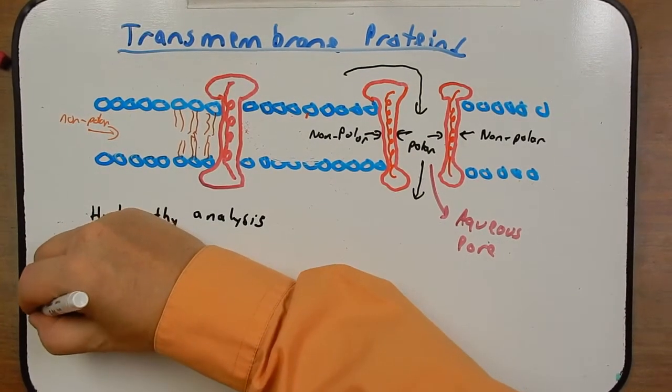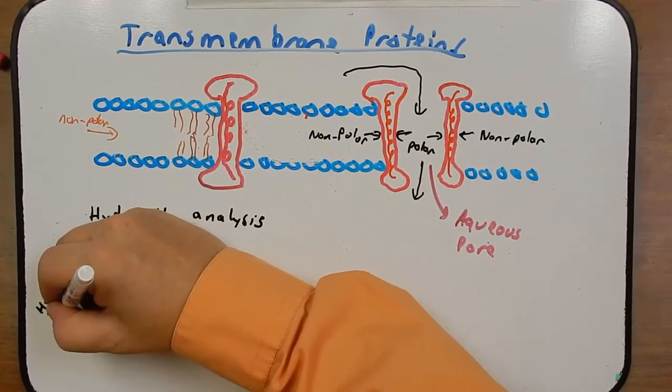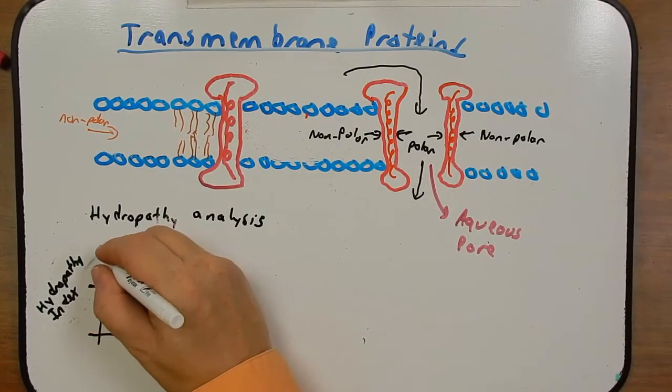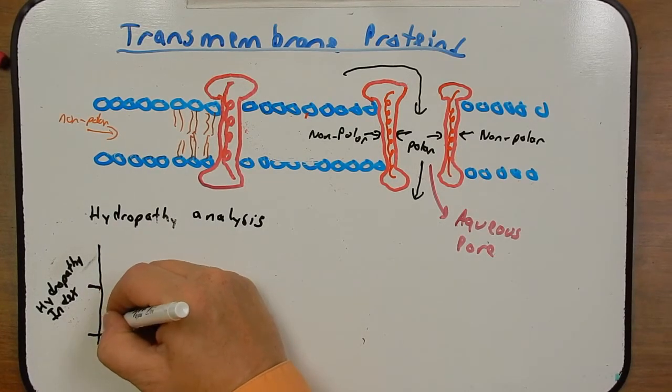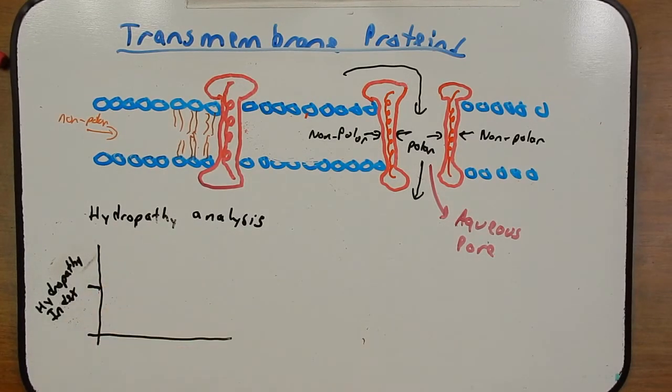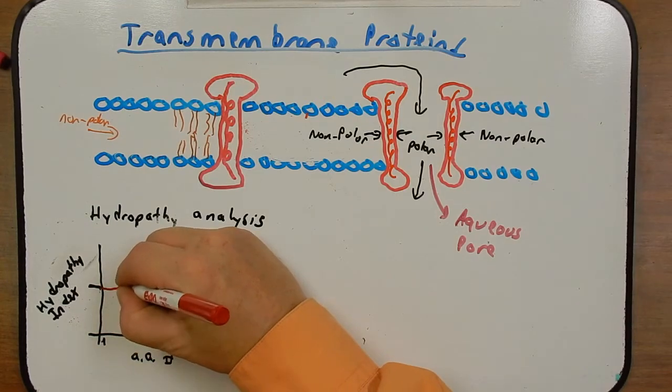Over here we're going to have the hydropathy index. Anything above this line is going to indicate hydrophobic amino acids. Anything below it will indicate more hydrophilic. And on the bottom here is the amino acid number, so 1 to say 500. And if what we saw here was something like this,